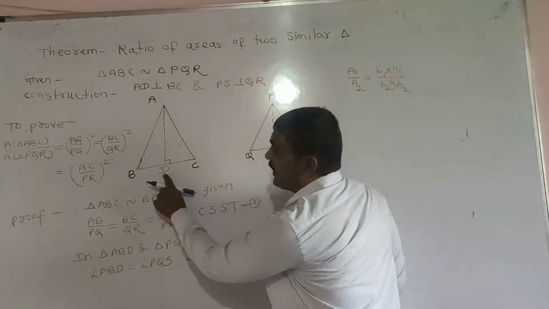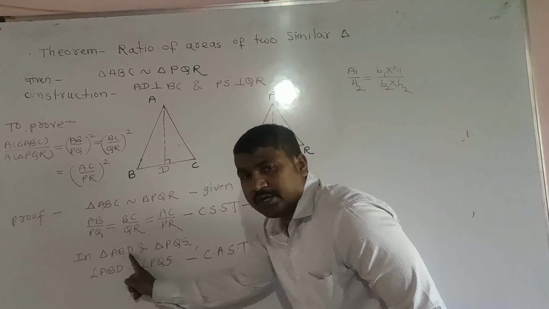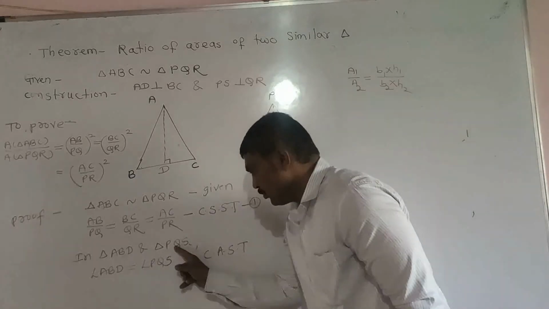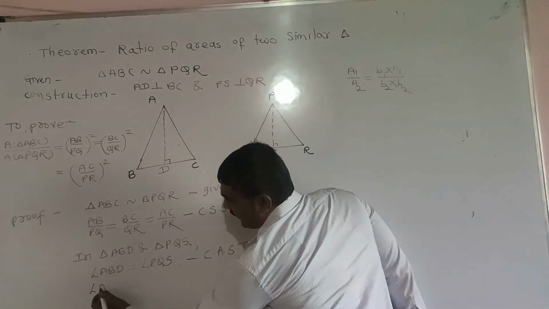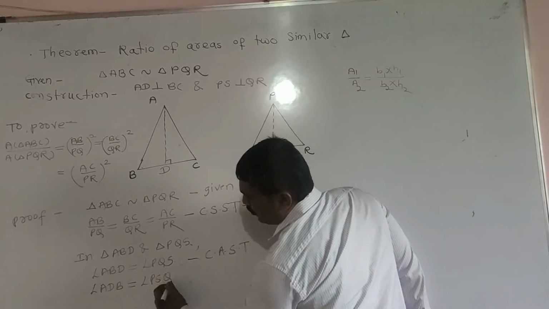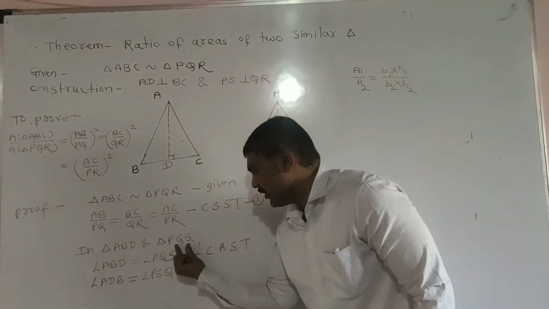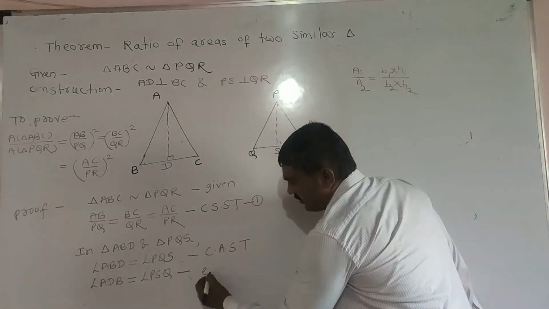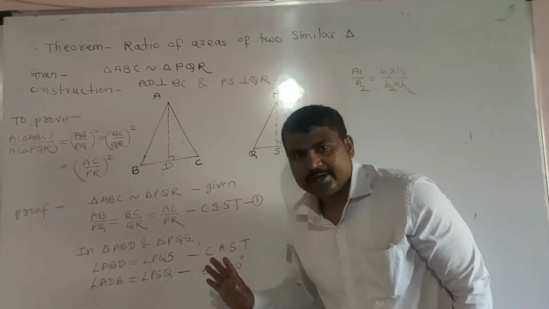So when we are talking about vertex D, we have to interchange B and D. Like that, you can interchange Q and S. So I am writing angle ADB equal to angle PSQ. I have interchanged B and D, and here Q and S. Understood? So the reason is each 90 degrees. Both the angles are 90 degrees.